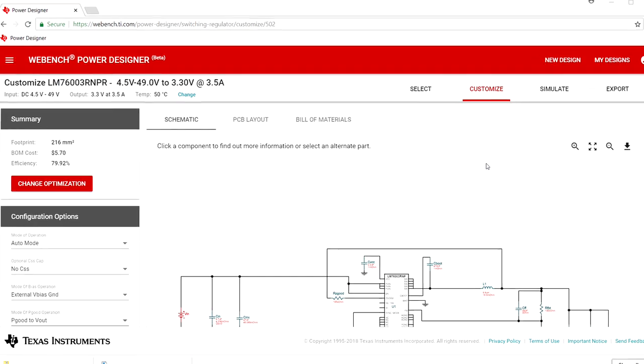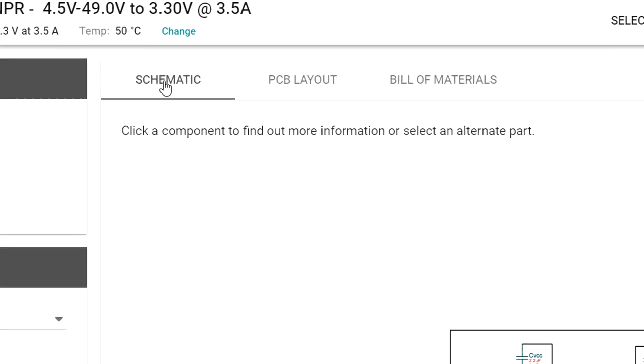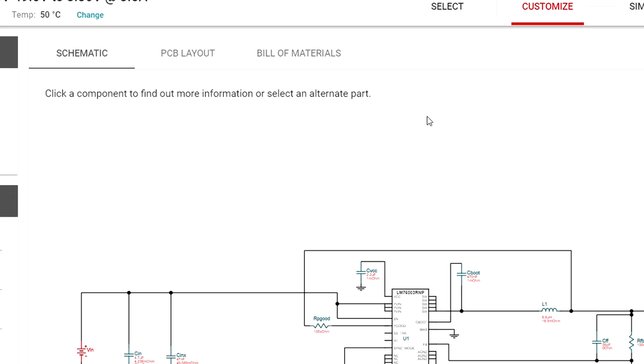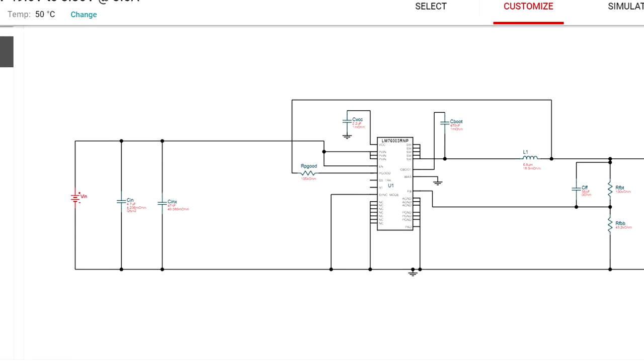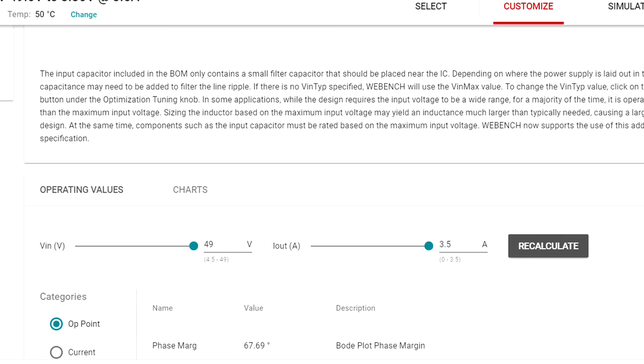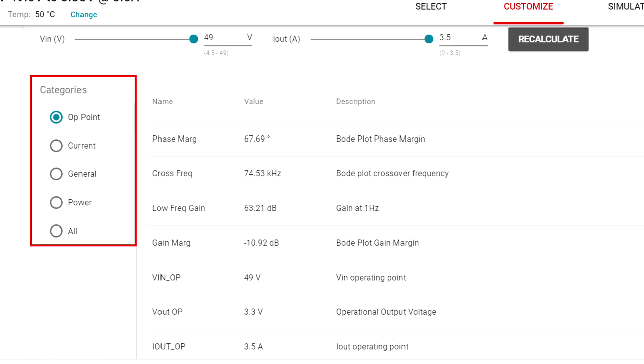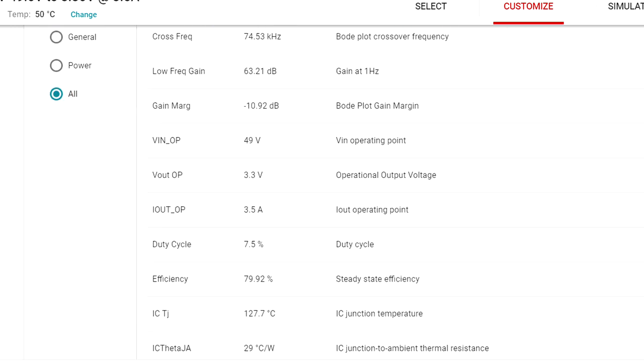From the Customize page, we have 3 different tabs: Schematic, PCB Layout, and Bill of Materials. And below all 3 tabs, I'm going to scroll down, you'll notice Calculated Values. Now, we give you 4 different categories of values that you can observe and study, or, if you click All, we give you all of the calculated values, both input and output.